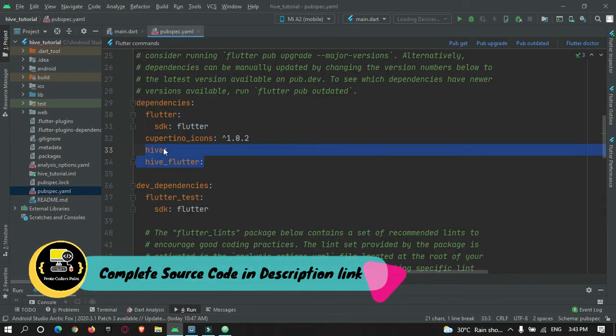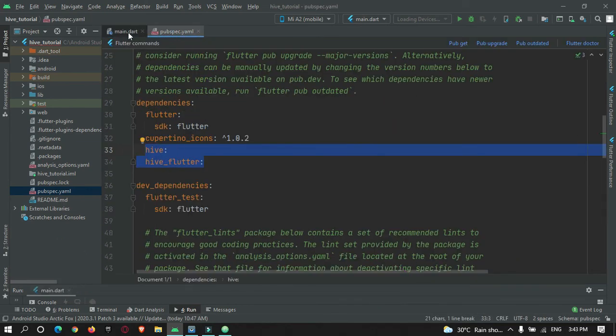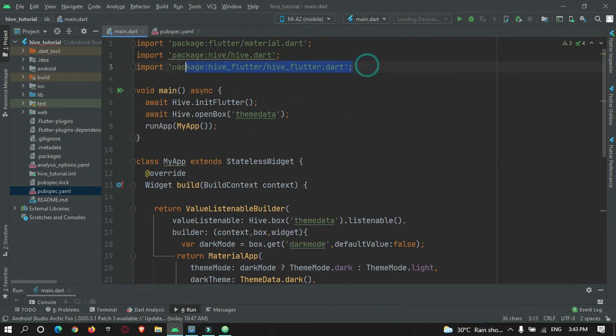So first of all, we have added these dependencies, and then we have imported them, and over here before starting our actual app we need to initialize the Hive database, and we have just created a database box, that is open box, and we have just named it as theme data.